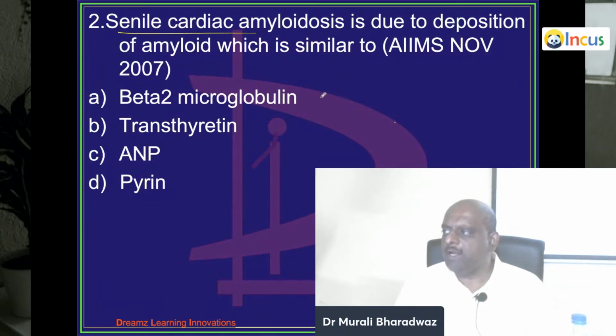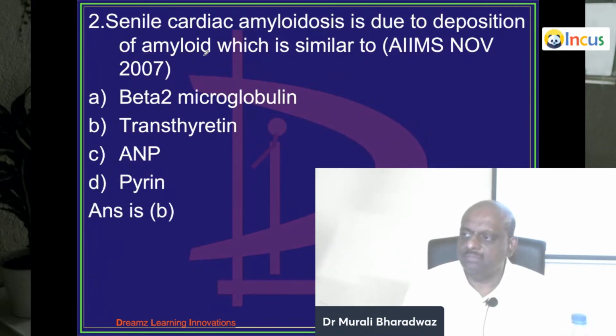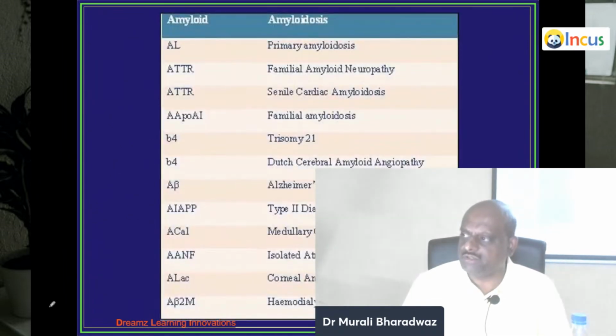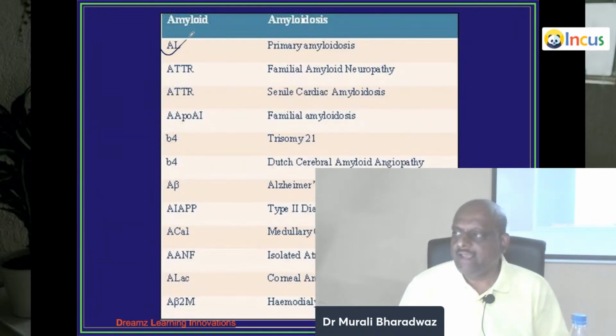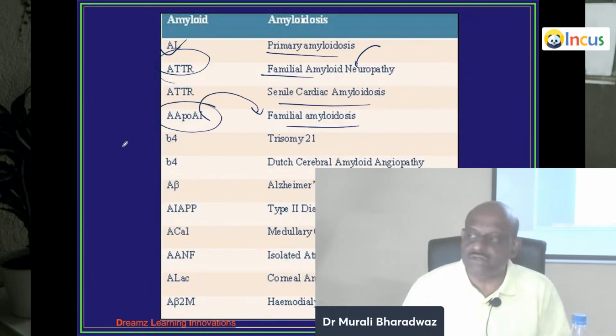Senile cardiac amyloidosis is because of the deposition of the amyloid. And what is it basically? It is transthyretin. So you know, doctor, this is another favorite item. AL type of amyloid in primary amyloidosis, ATTR in familial amyloid neuropathy and senile cardiac amyloidosis, ApoA1 in familial amyloidosis,